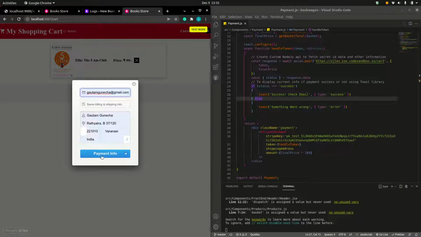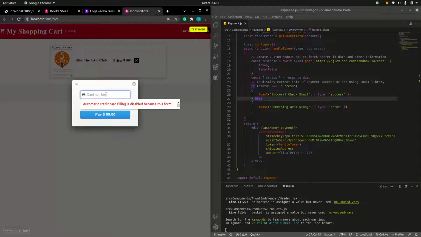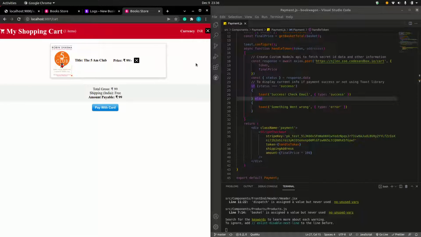Suppose there is an error in the payment system, it checks if there is an error. If there is an error, then this payment system will not work. We can see that all the card details are wrong.